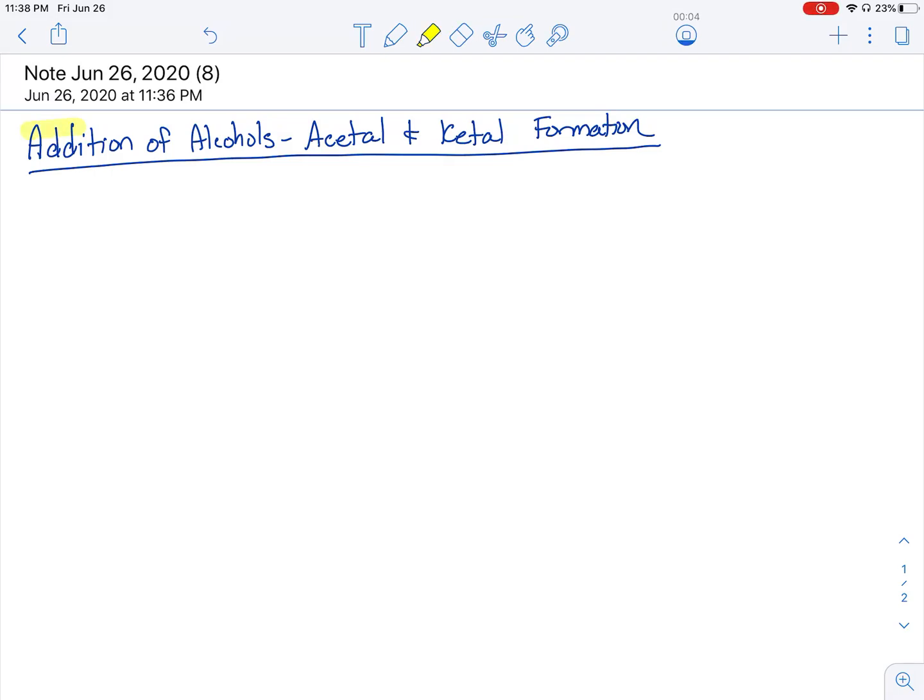So in this video, we're going to talk about the addition of alcohols to carbonyls so that we can form acetals and ketals. So in this case, let's say that we have a ketone here, and we would react this with two equivalents of alcohol. So let's do one equivalent at a time. So if we have one alcohol here and we react it in the presence of an acid, we end up